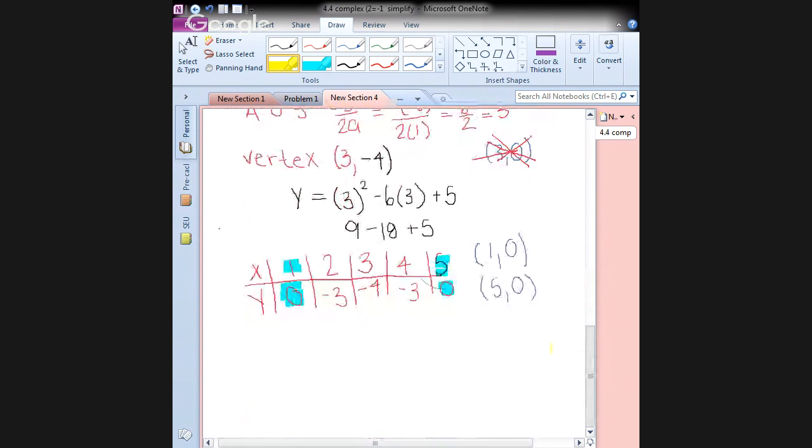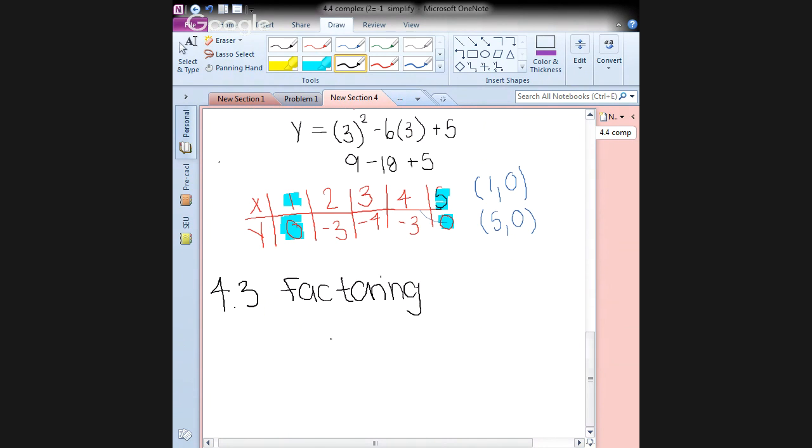Since we just did 4-2, I'm going to do a 4-3 problem, which is just a factoring problem. So a 4-3 problem, let me write 4-3 up here. This is factoring. I was just going to do a factoring one, and then I just got a question that has to do with factoring, so I'll go ahead and do that. It was 10x squared